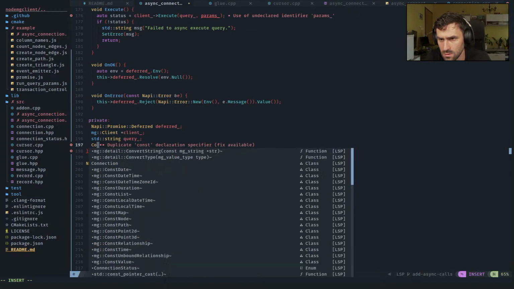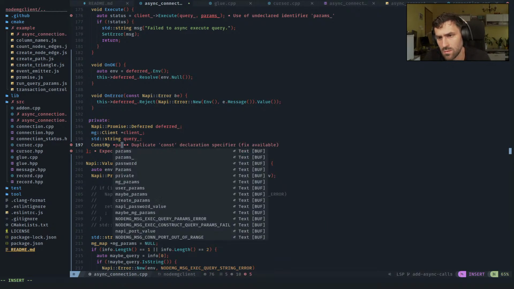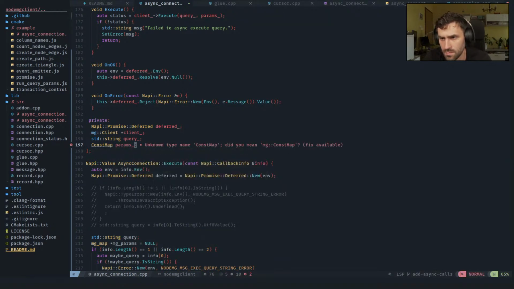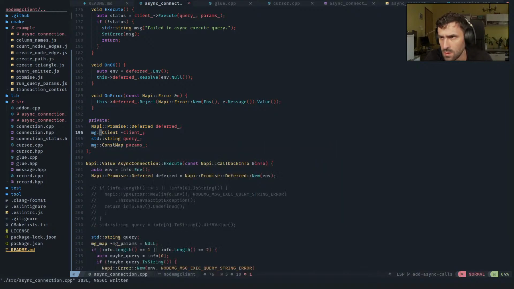I can just const map params. Sorry. Mg const map, which is great, and then